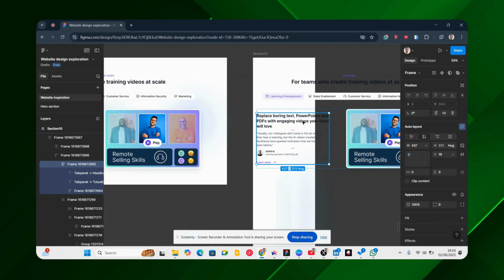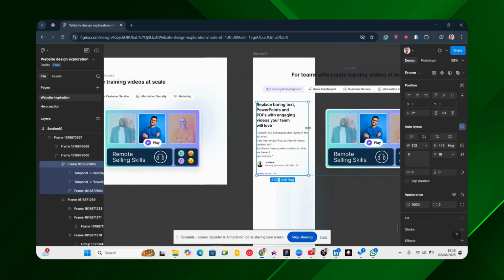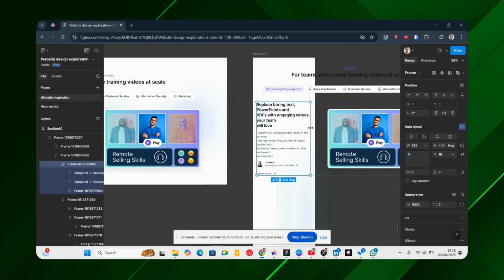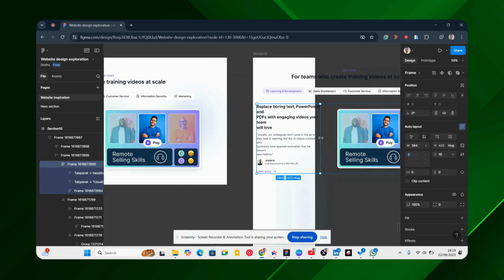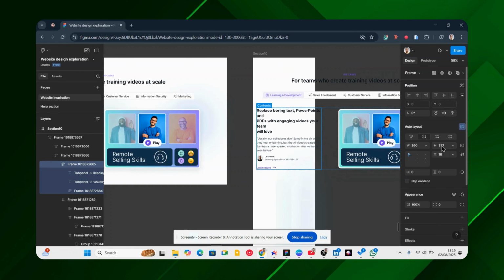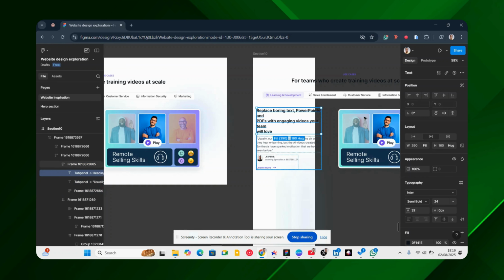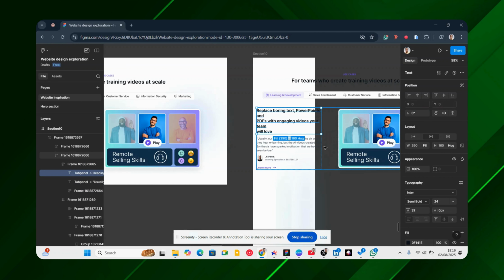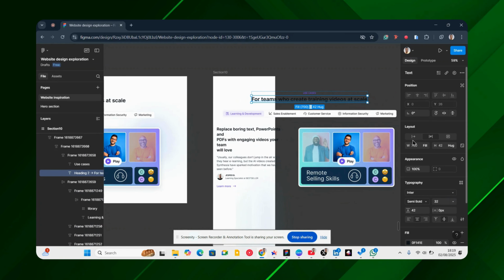So if you want things to readjust, make sure that the individual element is set to fill so that it respects the frame width, right? So this is fill, this is hug, so it can grow in height, and because it's filled in terms of width, it keeps on respecting the parent size. Okay, so if I think this is also fill,